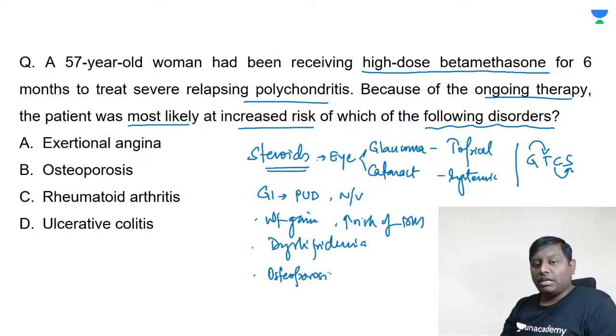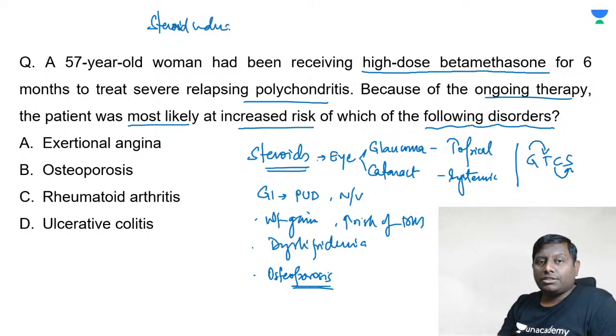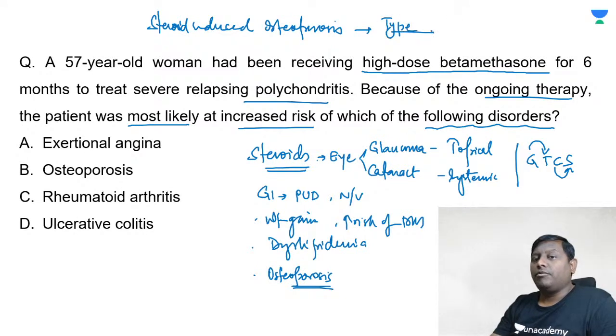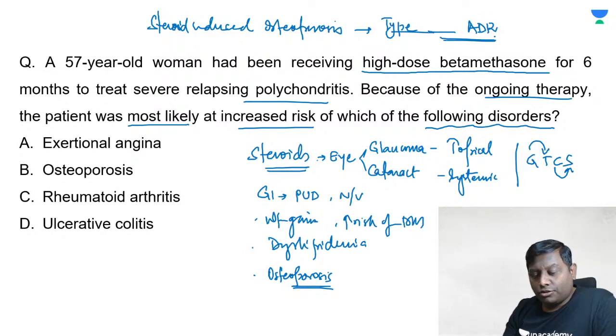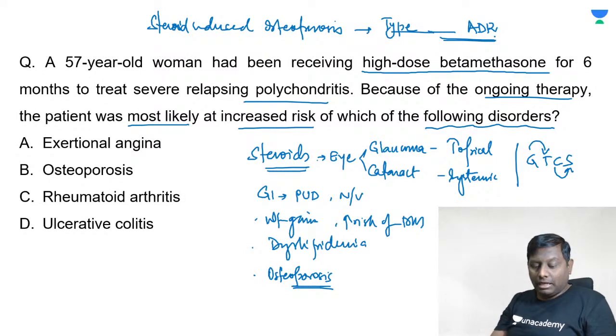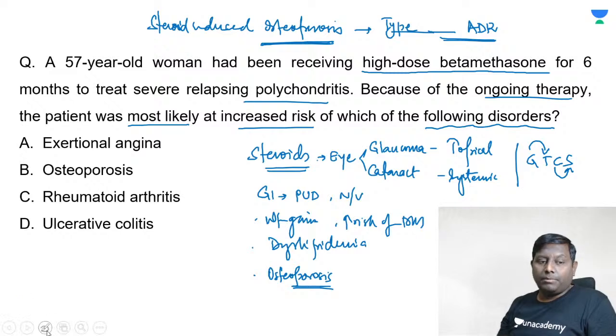Now, listen to my question: steroid induced osteoporosis is an example of which type of ADR? Type A, B, C, D, E, F, G, tell me. Steroid induced osteoporosis is which kind of ADR? This is another extra question that I am putting here, so there will be a quiz within the quiz. If a person takes long-term steroid, there are likely chances he will develop osteoporosis. So steroid induced osteoporosis is always an example of type